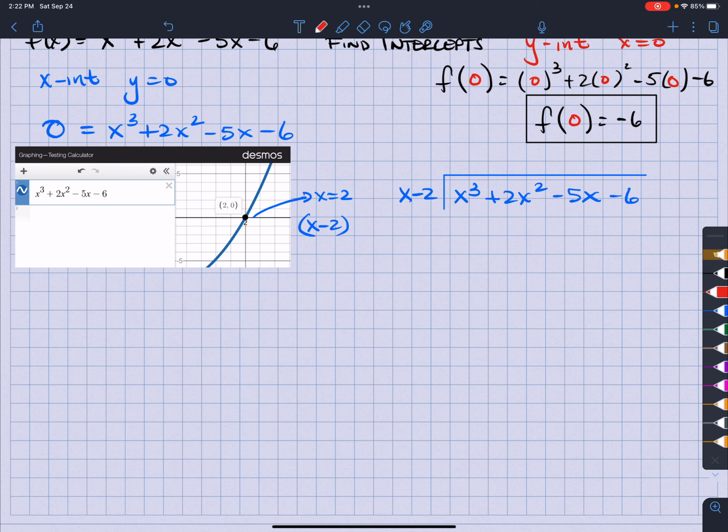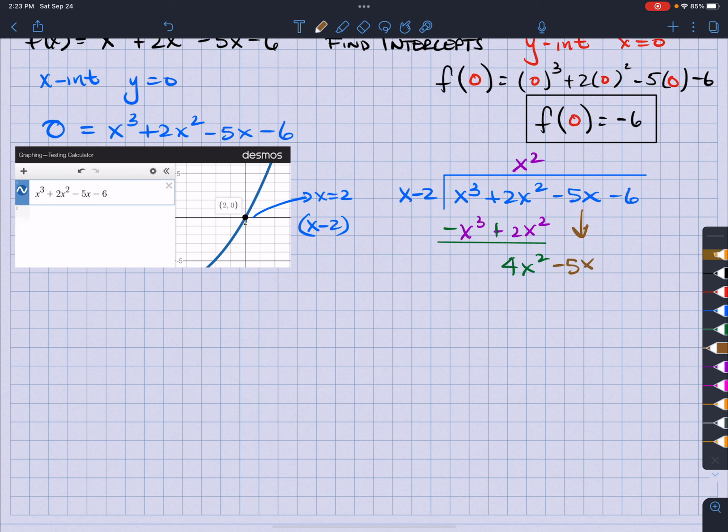I have x squared. I multiply, I get x to the third minus 2x squared. Flip the signs, add. I have a 4x squared, bring down the next term,